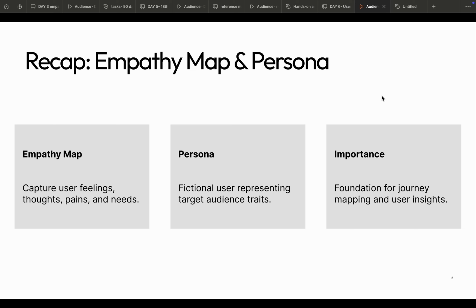So, the first thing is about the core UX principles. UX research in the design process, we have seen empathizing being the first phase of design, where we will be identifying what the user is feeling, what the user is thinking, what are the pain points which the user might be facing, and what are the requirements of the users. So that comes first in the entire design process. After that comes the define phase, define, ideate, test, and prototype. So this was the